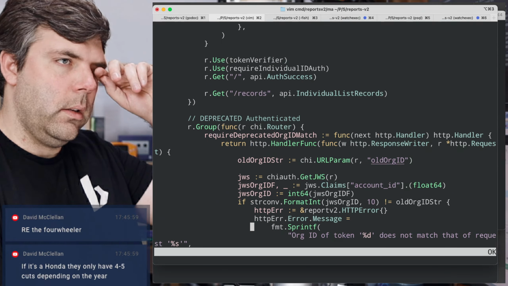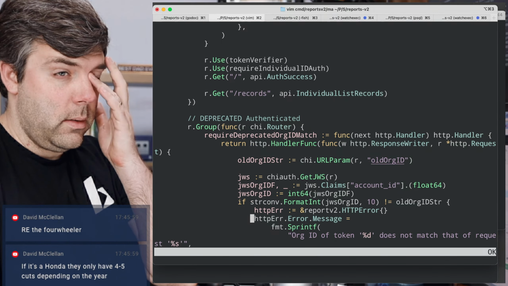Wait, why did I say deprecated authenticated? Why did I say that?